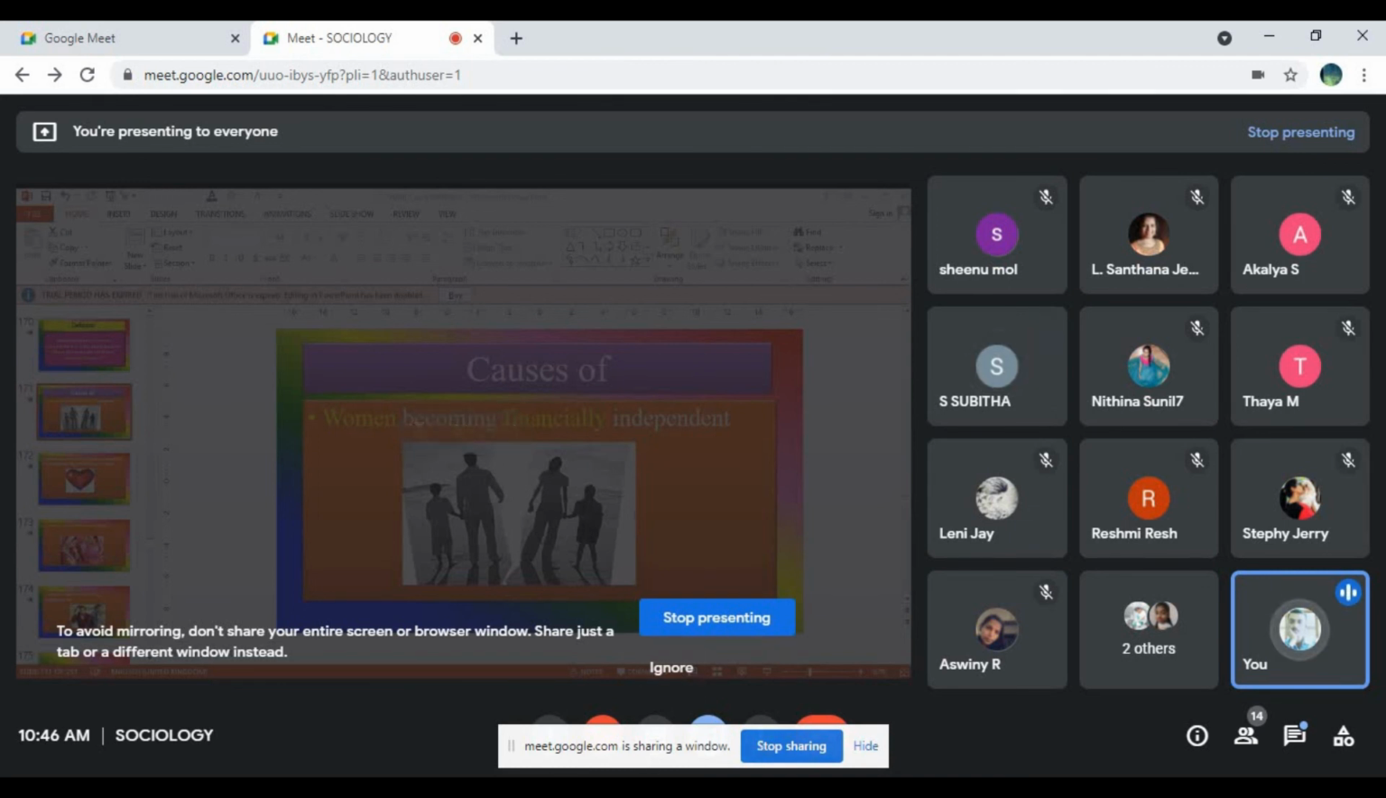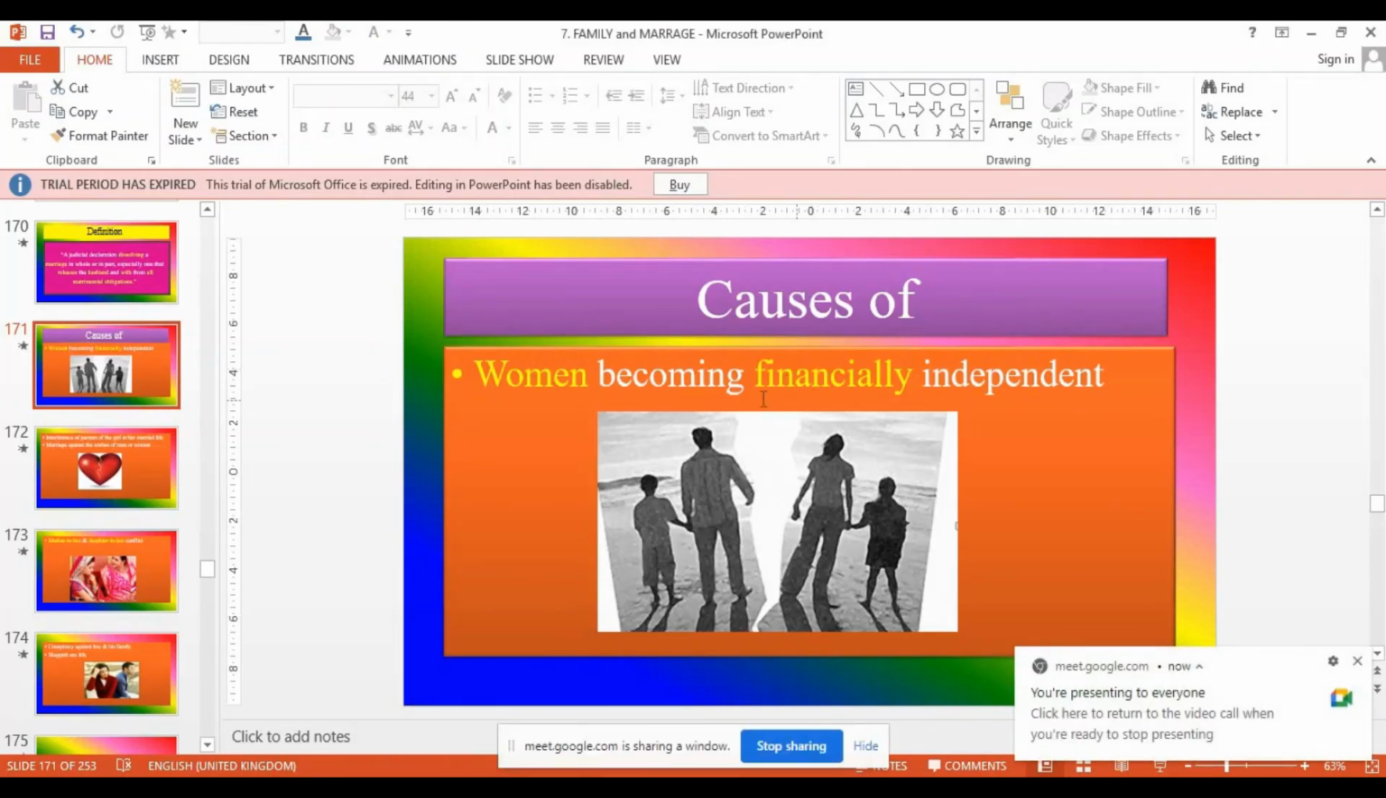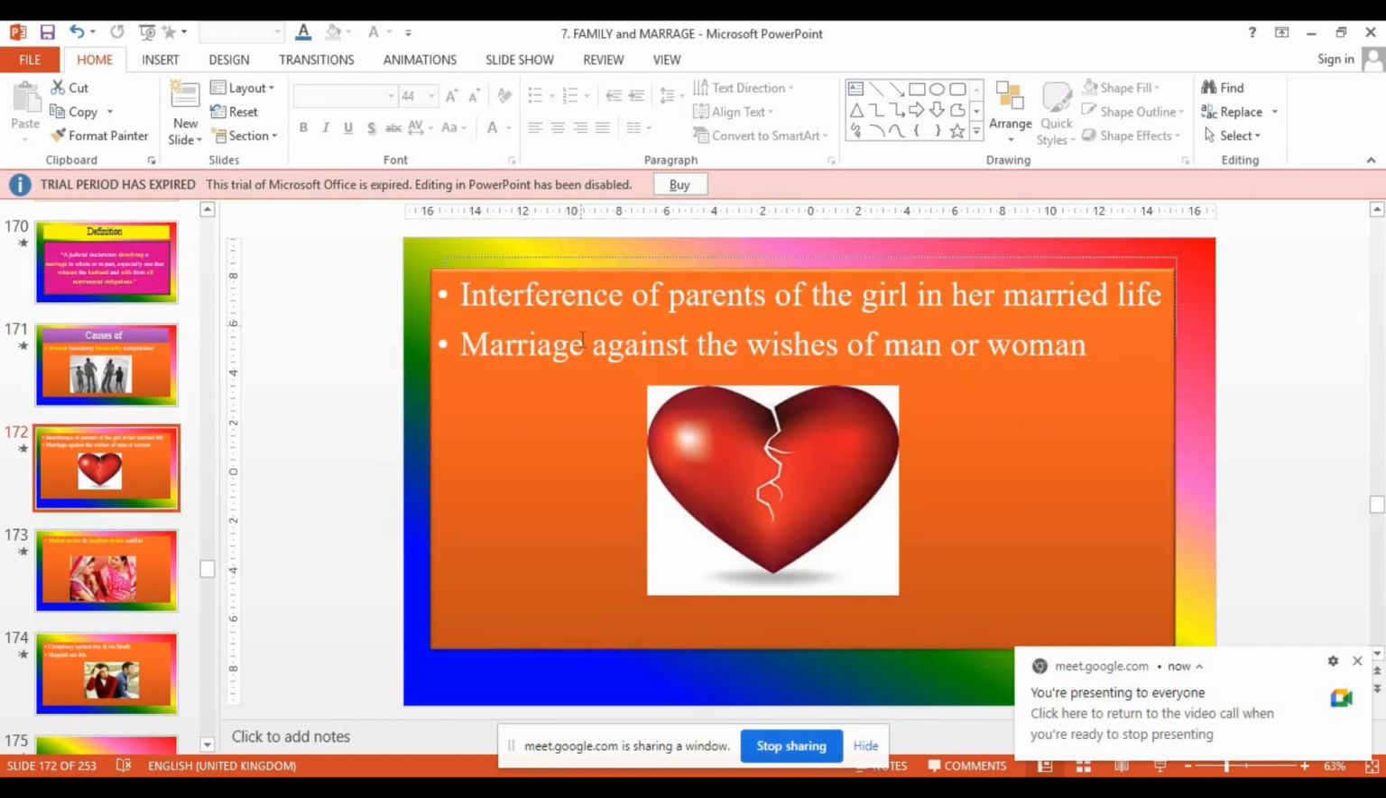Okay. First point is that causes of divorce: the woman earns more money than the husband. Then this problem may become more, and they like to separate. Next,